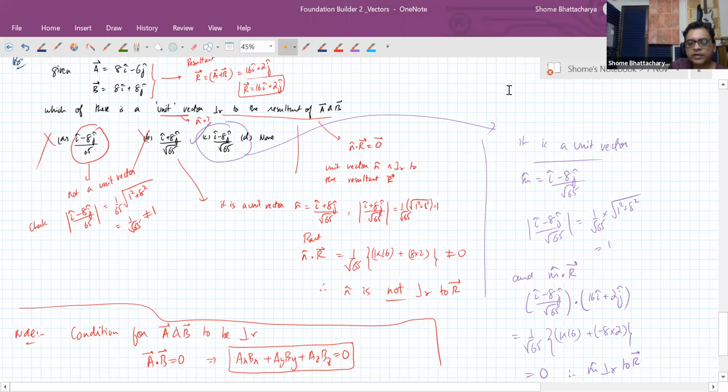No, it is not a vector. It is 0, no? Because the scalar product is a scalar quantity. If we write the resultant of two vectors, oh sorry, yeah, it should not be the 0 vector. It should just be 0. Yes, you're correct. This should not be a null vector. This should just be 0 because it's a scalar quantity. That's correct.